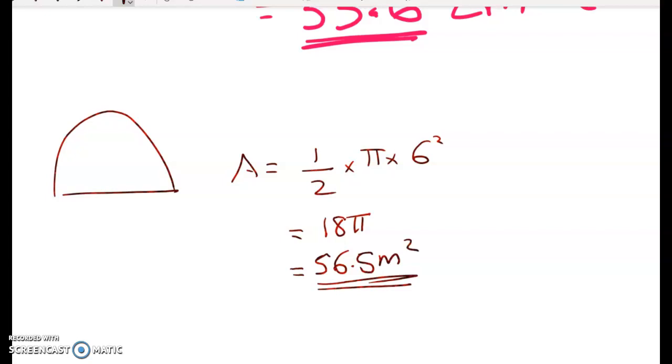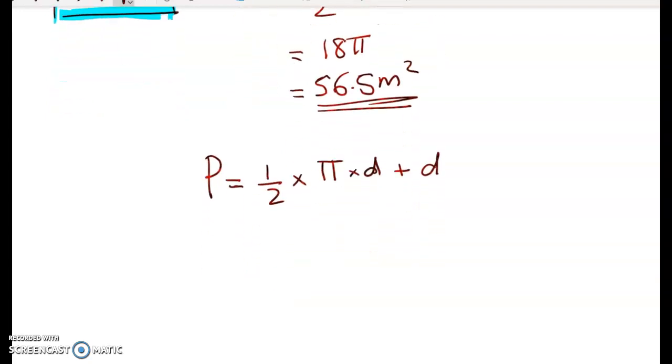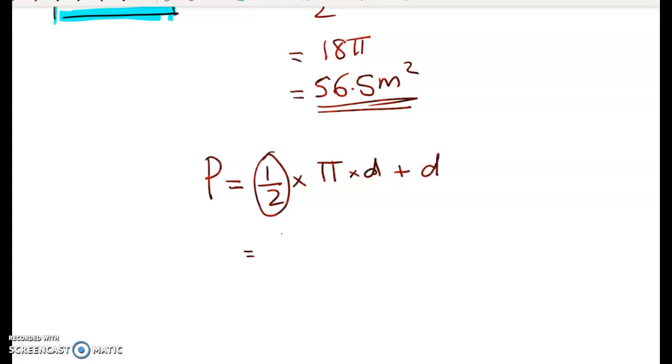Okay, what about the perimeter? Well, again, it will be the fraction we've got, so a half of the whole perimeter plus the 12. So the perimeter will be 1/2 of pi times d plus the diameter. It's 1/2 because I've got a semicircle. So it's 1/2 times pi times 12 plus 12, giving me 6 pi plus 12,